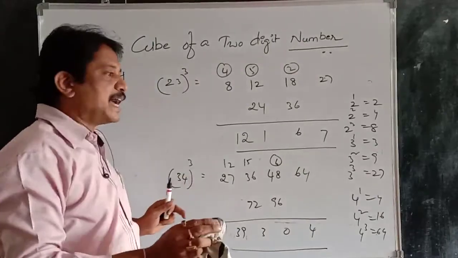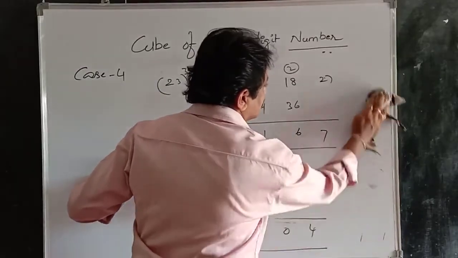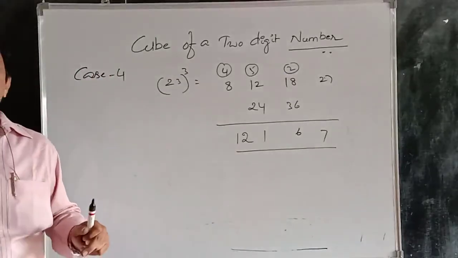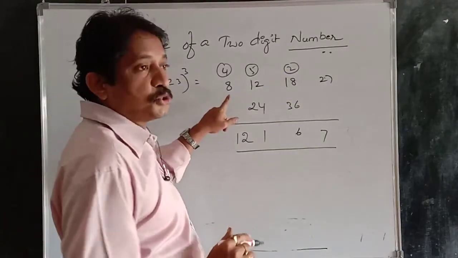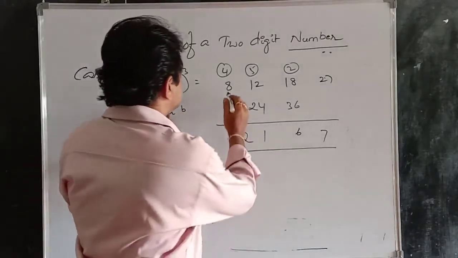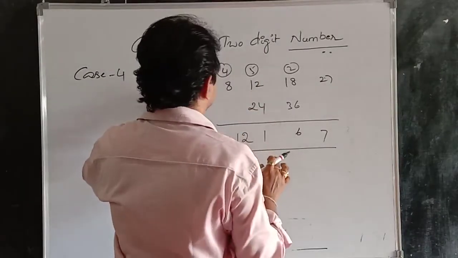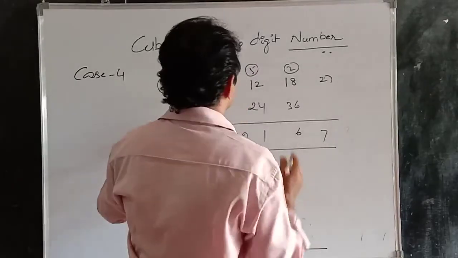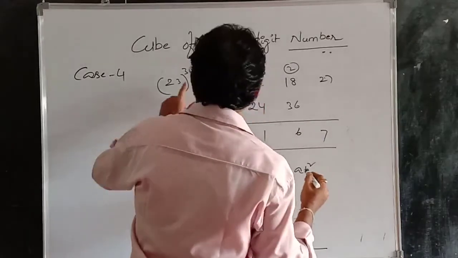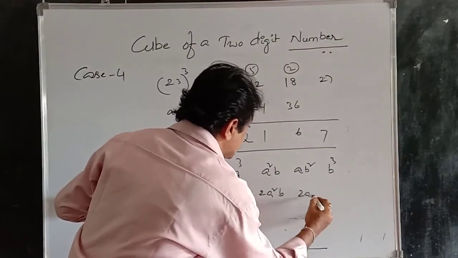That's it. In this manner, you can find the value. So I'm going to reveal the actual thing. What is the formula? We are using the formula only, but we kept this in our mind. If we say this is A and this one is B, the first one is A cube. The next: 2 square 4, 4 threes is 12, means A square B. Next 2 into 3 square which is 9, means AB square. The last is twice of these numbers, means 2A square B, 2AB square.